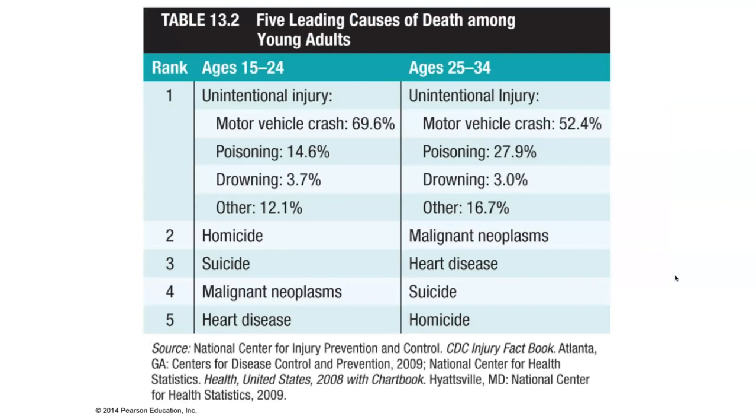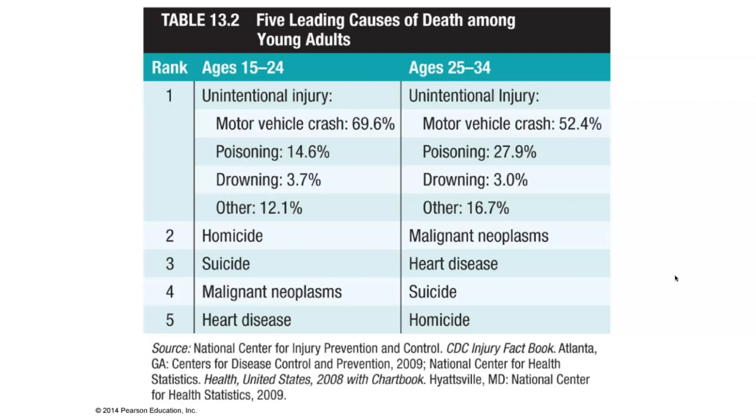All right, so looking at this chart, unintentional injury is the number one killer, like we just said. The biggest one is motor vehicle crashes. That is so big. I don't know if any of you have had the unfortunate thing of having that happen to you or knowing people that it has happened to, but in my 4 years of high school, we had somebody pass away 3 of the 4 years due to a motor vehicle crash. And I only graduated with 142 people. So my school was not that big. And to have that happen 3 of the 4 years was a big deal.